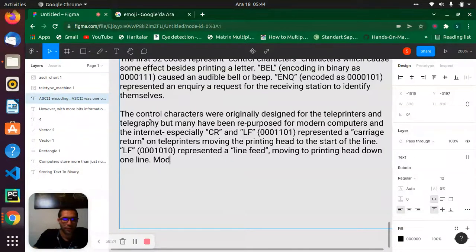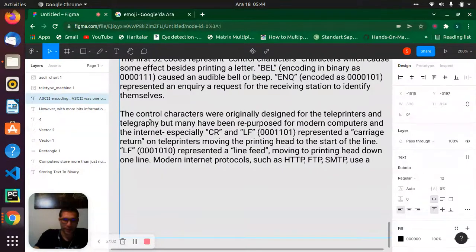Modern internet protocols, I'm speaking about HTTP and FTP and SMTP, use a combination of this and this.